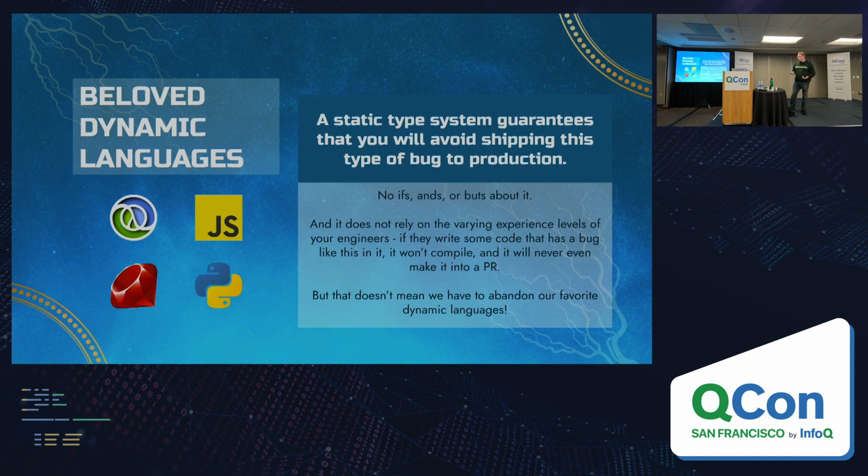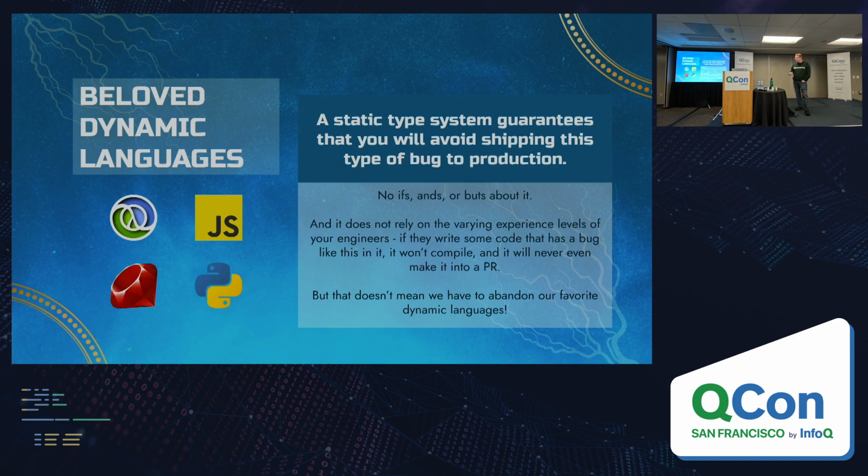And what's really powerful about it is you're taking away this reliance on the good intentions of your engineers. So you may have best practices established in your engineering org that whenever you're using a dynamic language, you better make sure you have thorough test coverage that's going to prevent one of these bugs from going to production. But you're relying on the engineers to adhere to that best practice. And then you hire new people to your team and they don't know the best practices yet, and they're prone to making mistakes sometimes. So putting that power in the hands of the compiler instead of the humans eliminates that class of bugs.